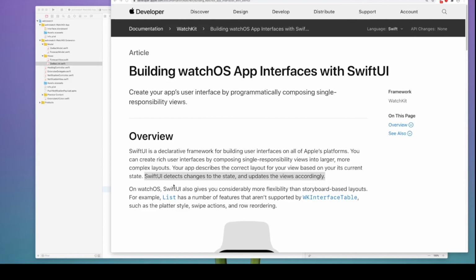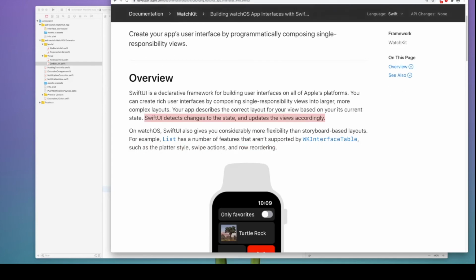And as you can see here, SwiftUI detects changes to the state and updates the views accordingly. So it has an MVVM framework built into it, which means the model is always very close to the view, and the model will have only elements that are displayed by the view. So if there is a change in the model, the view gets refreshed automatically. That is a fundamental principle of MVVM, which was actually initially defined by Microsoft.